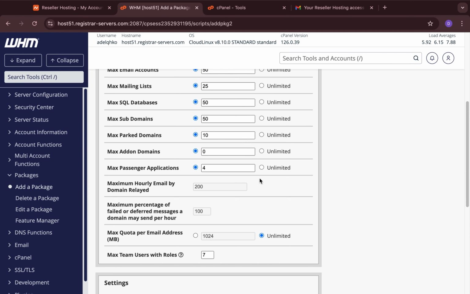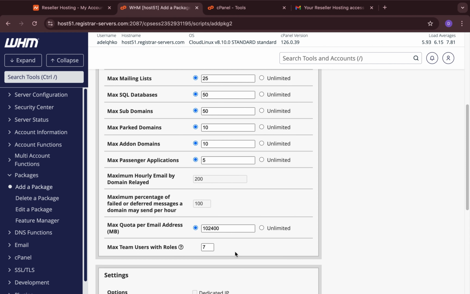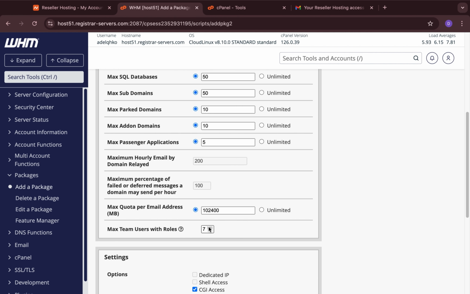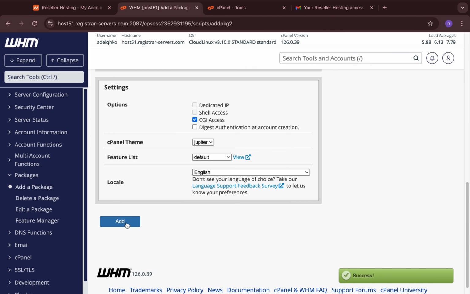For max add-on domains, I will allow 10 add-on domains, which should be ideal for agencies managing many sites. Add 5 passenger applications for advanced server-side apps. And for your max quota per email address, let's assign 5,000 megabytes per account, which should give them 5 gigabytes each. For the maximum team users, let's assign them the maximum team users allowed by our WHM, which is 7, for full collaboration across departments. I will now save the enterprise package, and all 3 hosting plans are fully configured